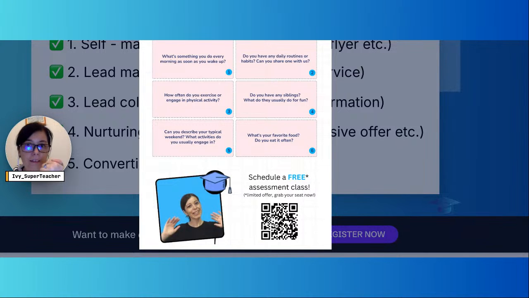If you scan the QR code, feel free to scan it, it's going to take them to my SuperTeacher profile, directly to my calendar, because I said schedule a free assessment class. The first thing they see on my profile is going to be a free assessment class offer. So they can just open my page,